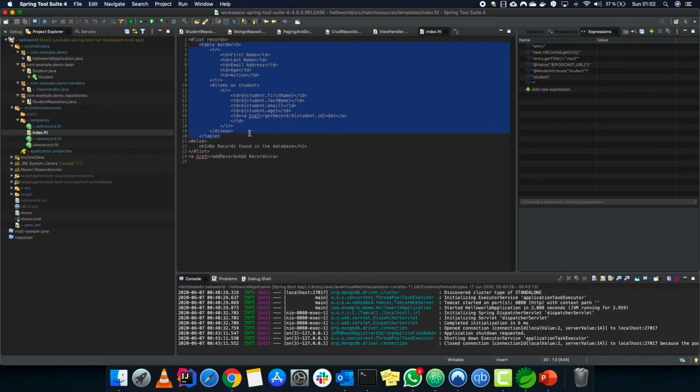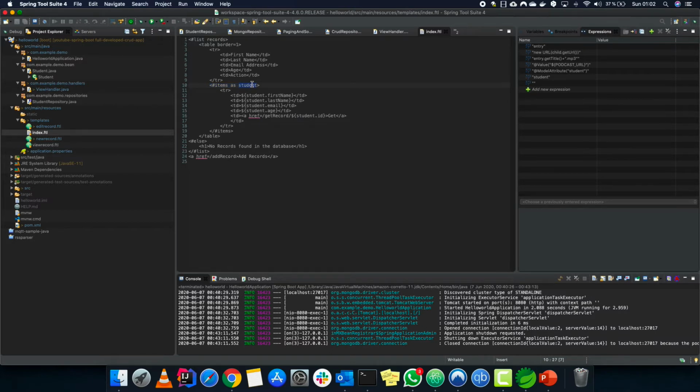The first row of the table is first name, last name, simple values. Then this records has items, so list records means a for loop: go through the records and the items of those records one by one, and each item should be a student.